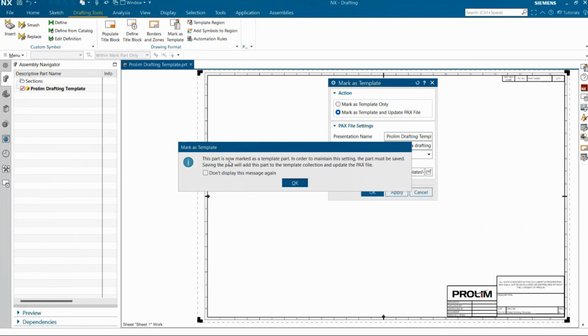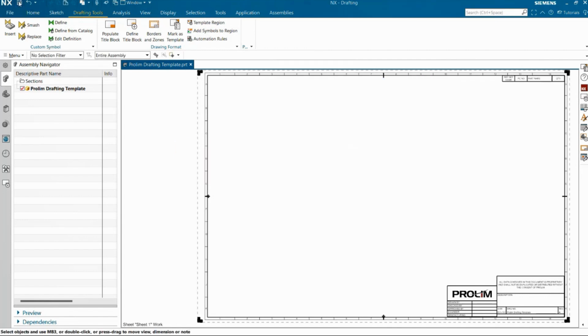And it says this part is now marked as a template part. In order to maintain this setting, the part must be saved. Saving the part will add this part to the template collection and update the packs file. Click OK. Save the part. And if we go to File New now,